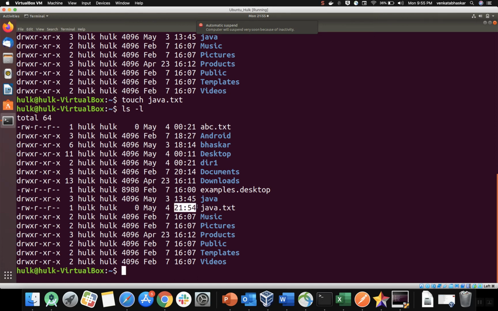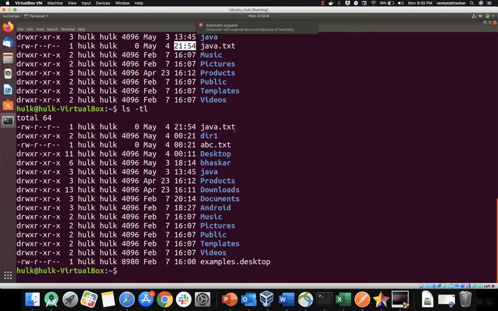Now I want the most recently modified file displayed at the start. Then I can use ls -t, and to see the long listing I will append l. If you see here, this file was recently created. Now for this command I will add r. What will happen?